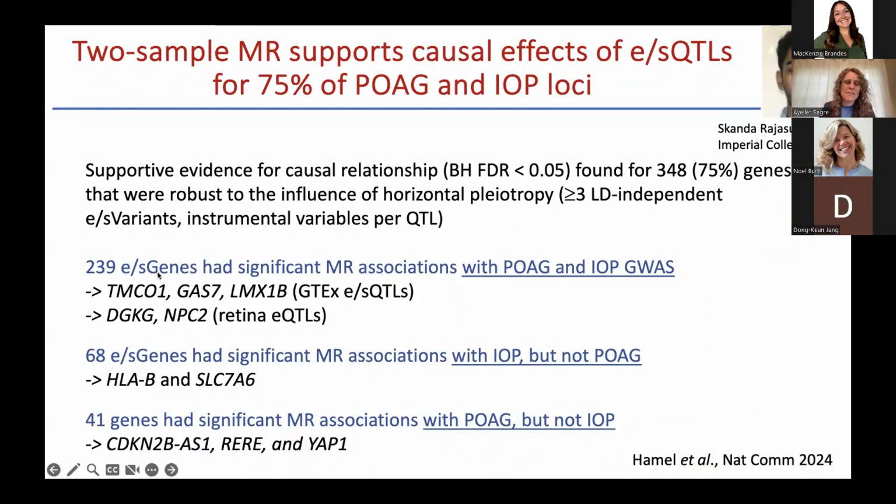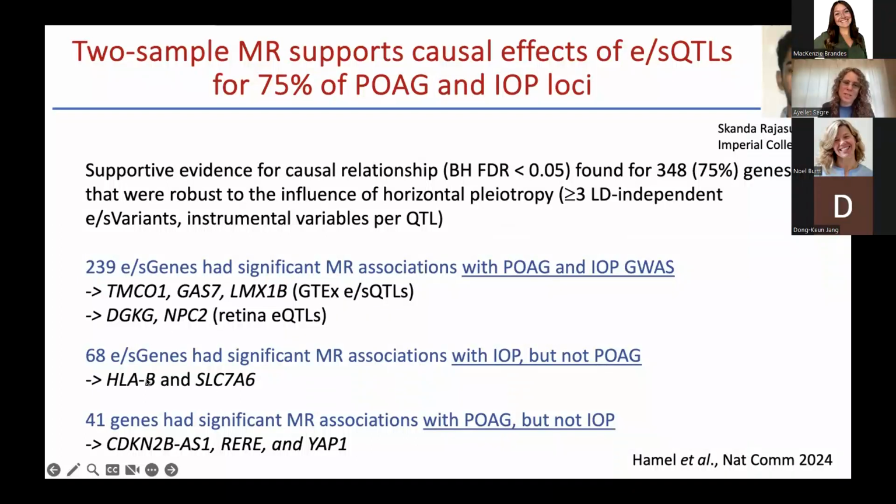And identifying both, suggesting both E genes and S genes that potentially affect both POAG and IOP, such as TMCO1, which is the second strongest association with glaucoma, or GAS7, and then some genes, DGKG and PC2, that the retina eQTL co-localize with the glaucoma and IOP loci, and also identify genes with support for association with IOP, but